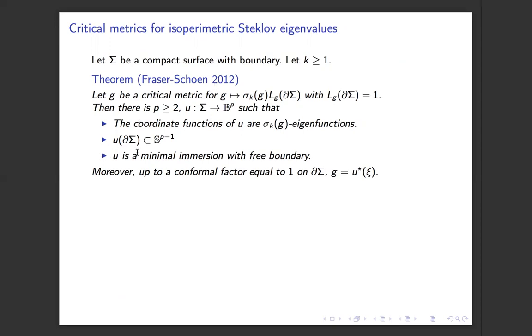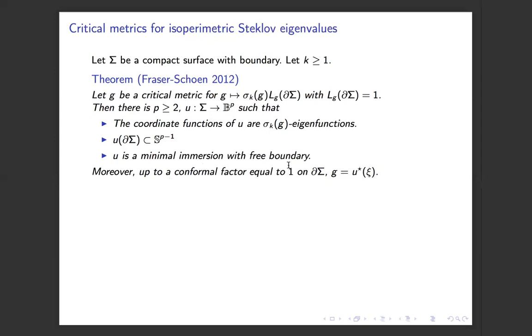The last condition is given because, thanks to the Euler-Lagrange equation again, we also have conformality for the map u. So if it is harmonic and conformal, it is then minimal, and we obtain a minimal immersion with free boundary. Moreover, we have a characterization of the critical metric. It is the induced metric of the immersion up to a conformal factor equal to 1,